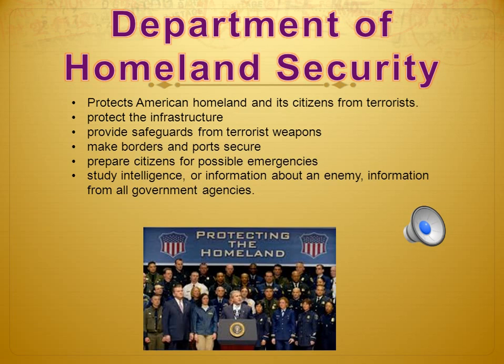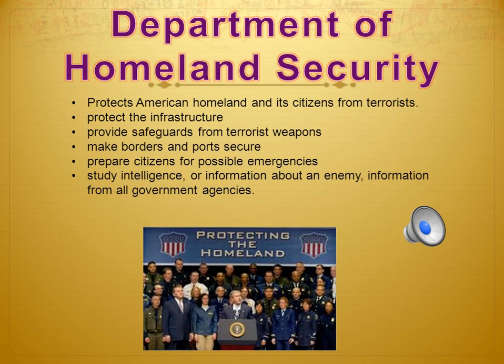This is it. This is our last slide before our review. The Department of Homeland Security. The goal of Homeland Security is to protect Americans from terrorist attacks. It protects the infrastructure. And what I mean by infrastructure is like buildings, bridges,